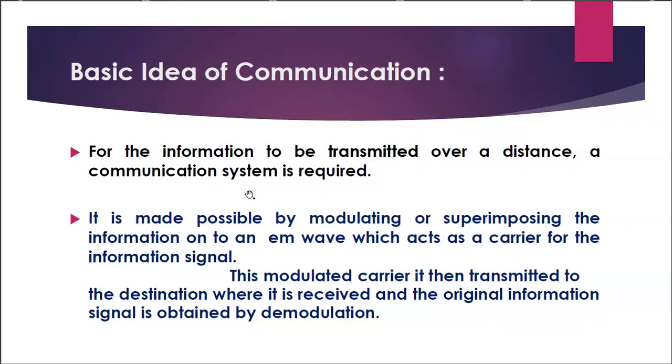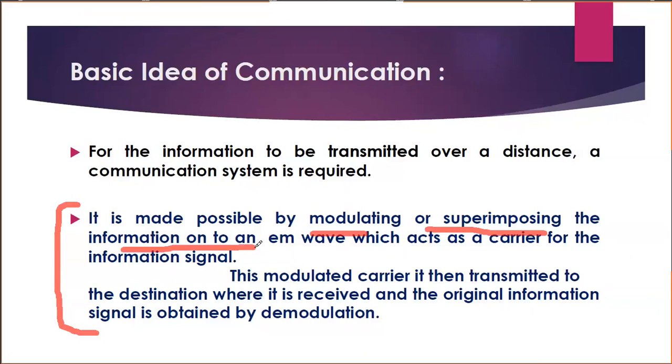So what is the basic component of a system, or what are the things you require in a system basically? Let me annotate one more time for you. Here it is. This communication can be made possible by modulating or superimposing. I hope you are familiar with the modulating or demodulating concept as well as superimposing. There are several types of modulation: frequency modulation, amplitude modulation, phase modulation. You have already gone through that. Here I am discussing in general that it is made possible by modulating, or simply one can say superimposing,